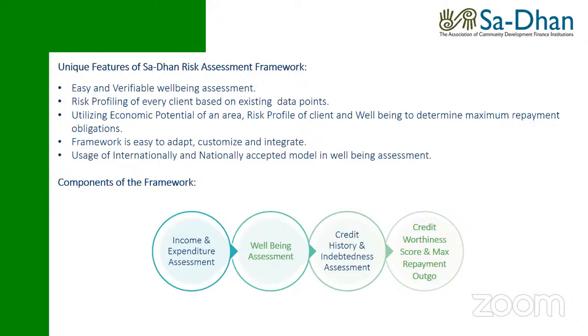That has been one of our major objectives, and we also try to ensure that whatever data points are already available with us are used. If you look at the tool, 60-70% of the tool uses the existing data points which are already captured by MFIs. So what we are trying to do is utilize those data points, quantify and integrate them, and come up with a risk score which would help the MFIs in their lending decision. That can help in enhancing